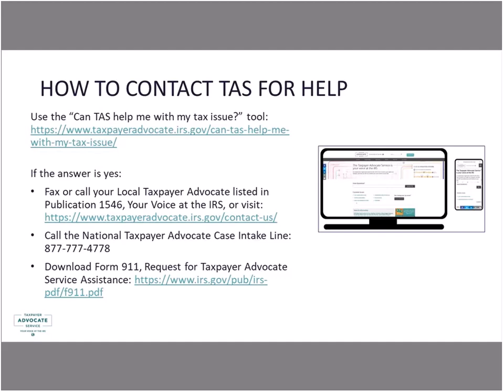Working with the IRS can be a lengthy process, so the best recommendation that I can provide is to save copies of everything that you've received or sent to the IRS. If you need TAS assistance, please provide copies of those items when you send in that 911. Due to the age of some IRS systems, it is at times difficult and takes additional time for us to request those records from the IRS, and sometimes we won't have access to them. So sending copies of those documents to us with that Form 911 will likely have saved time and save us from having to ask you for them once we open a case. So a little bit about working with TAS.